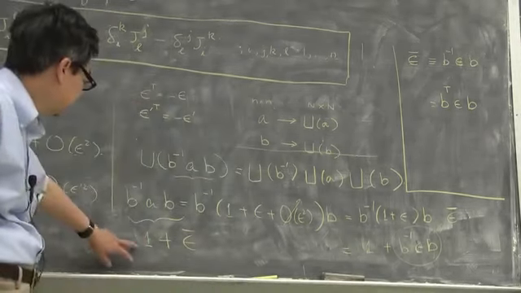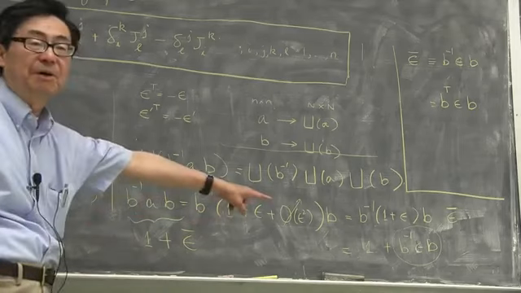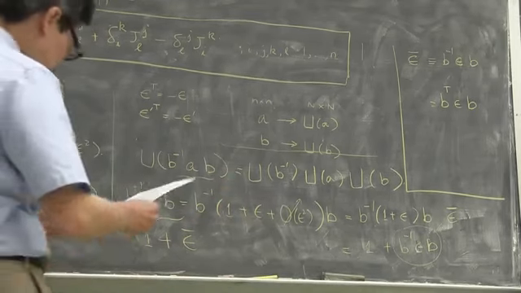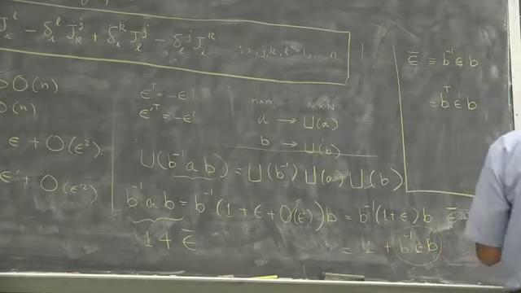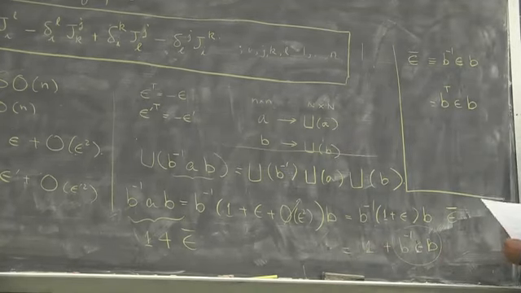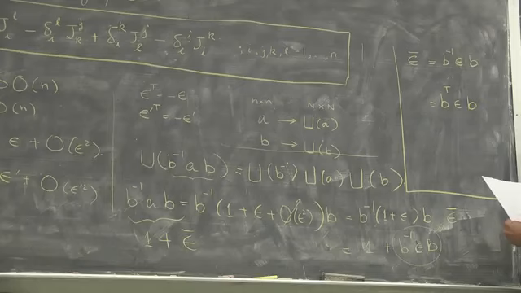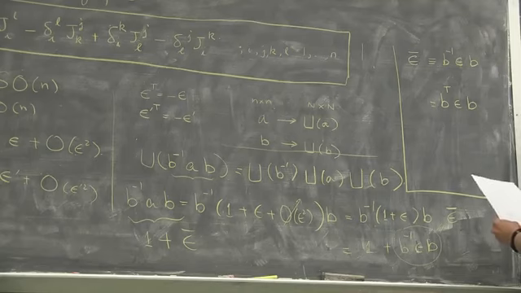So this whole group element I have now written as 1 plus epsilon bar, okay? So I can also write U of B inverse AB is equal to U of 1 plus epsilon bar,